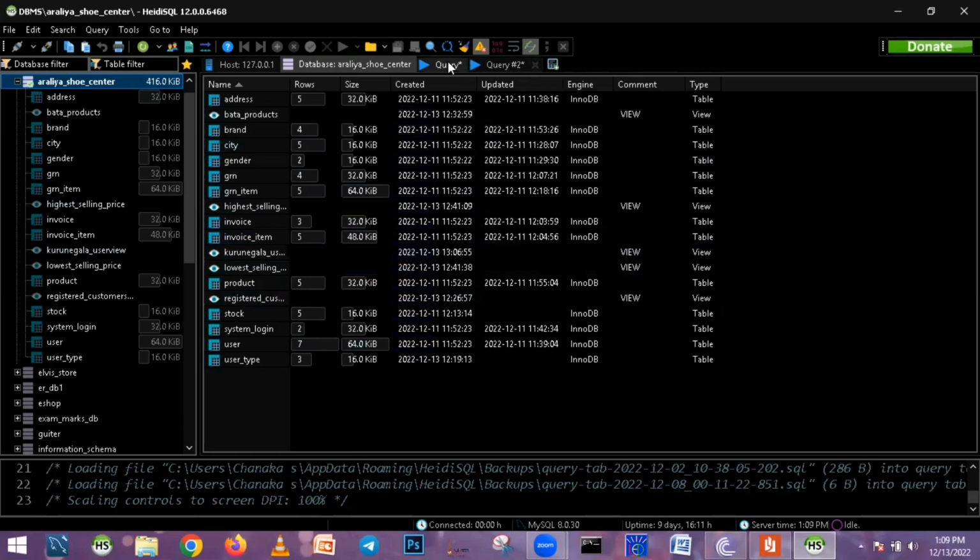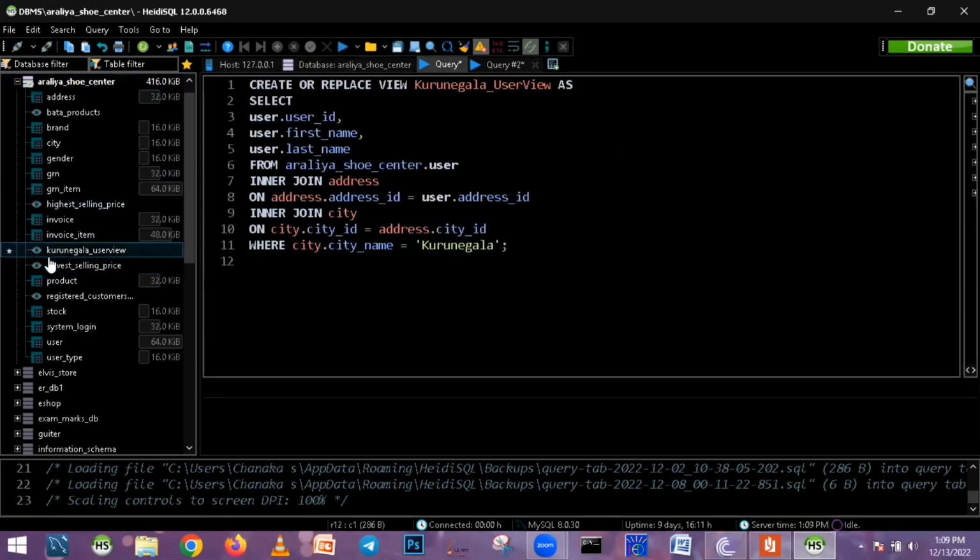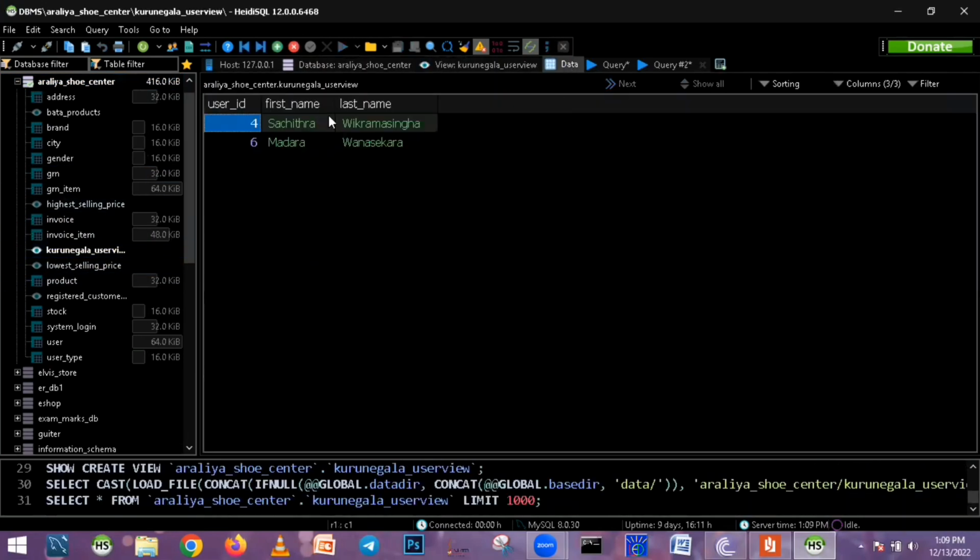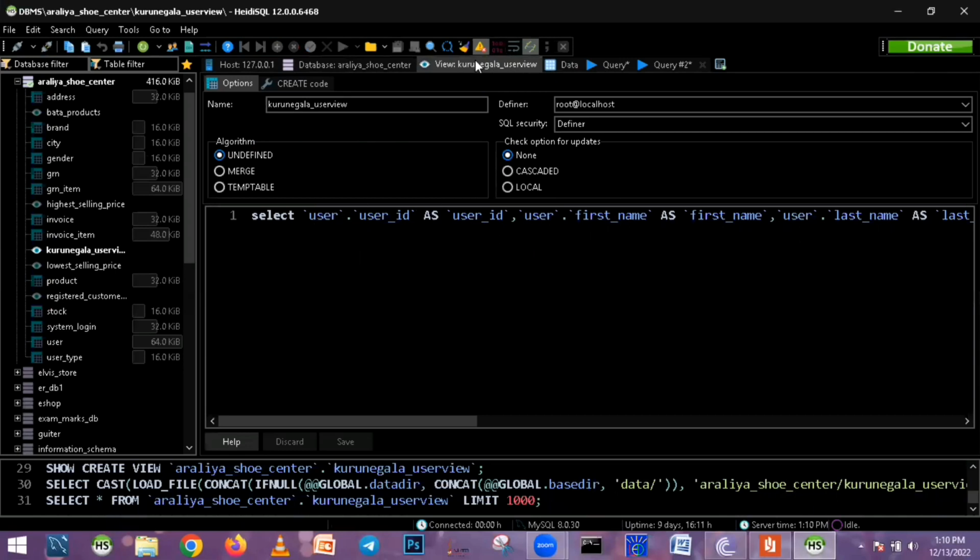Yeah, there is view. So let's go to the user view. So let's get that. Now you can see it's updated. User ID, first name and last name. There is first name and last name. So when we execute that,